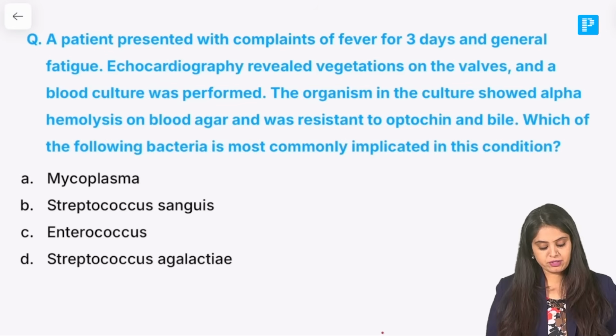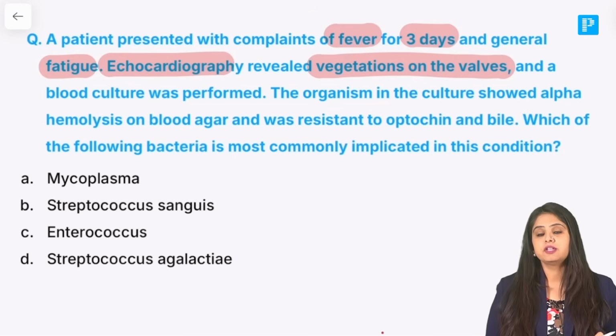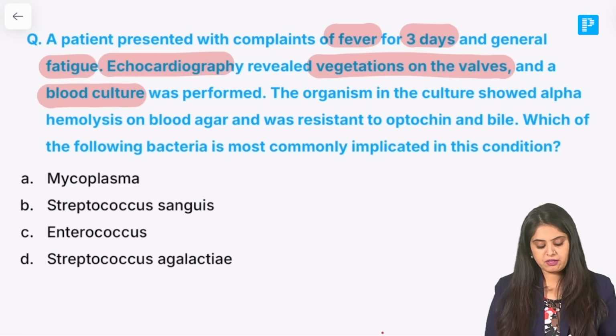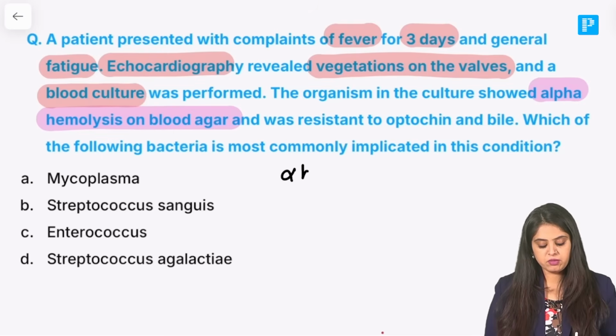Moving on to the next question, which is to do with a patient having fever for 3 days and general fatigue with echo revealing vegetations on the valve, which means this is a case of endocarditis. If they are doing a blood culture, they are thinking of infective endocarditis, probably could be rheumatic heart disease. If we read further, they have found alpha hemolysis on blood agar. This very classically tells me that whenever I'm thinking of alpha hemolytic, we are talking about streptococcus,